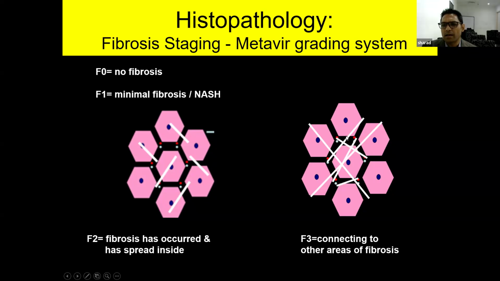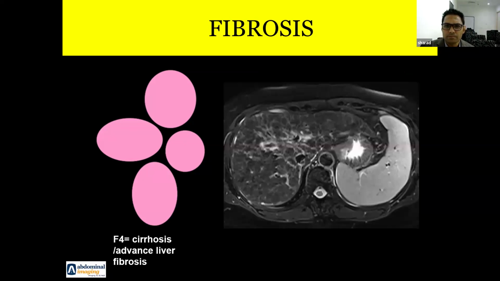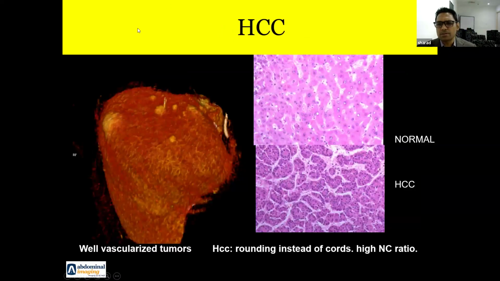So now you see here the architecture, at this stage, the architecture was stable, but here the entire liver architecture has started to distort. And then finally, we lead to a stage where there are large fibrotic bands in the liver, and whatever intervening liver is left is the regenerating nodules, because the liver has an ability to regenerate. And this is the stage where every liver cell has a potential to become cancer.